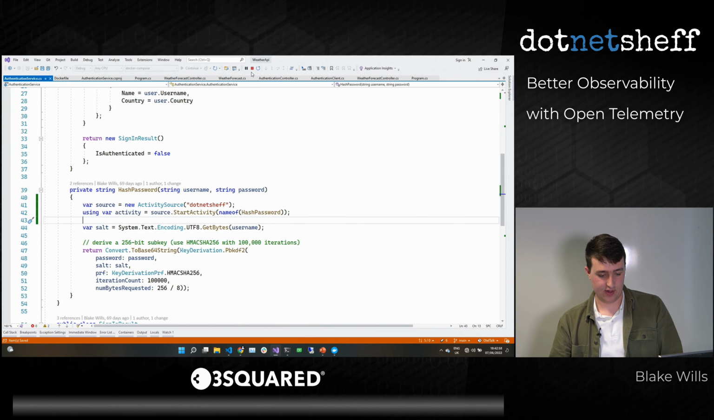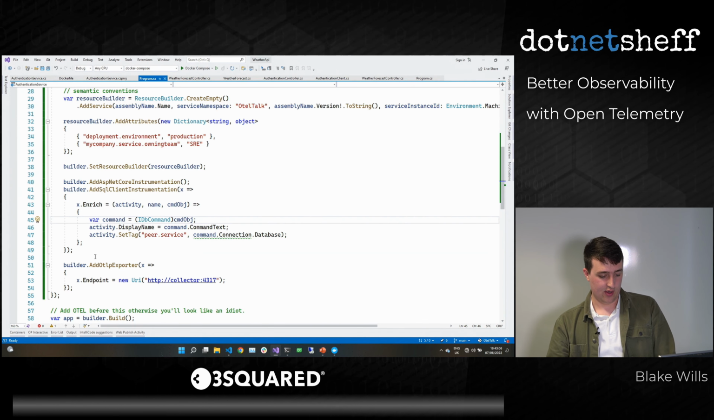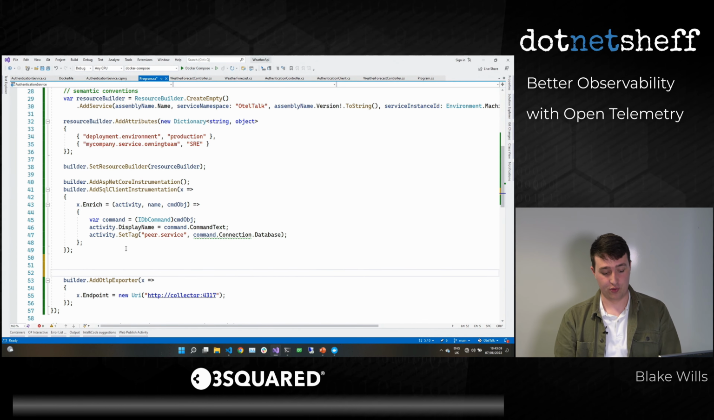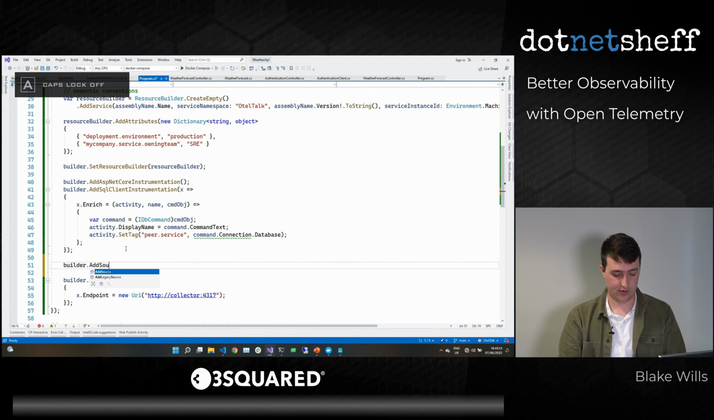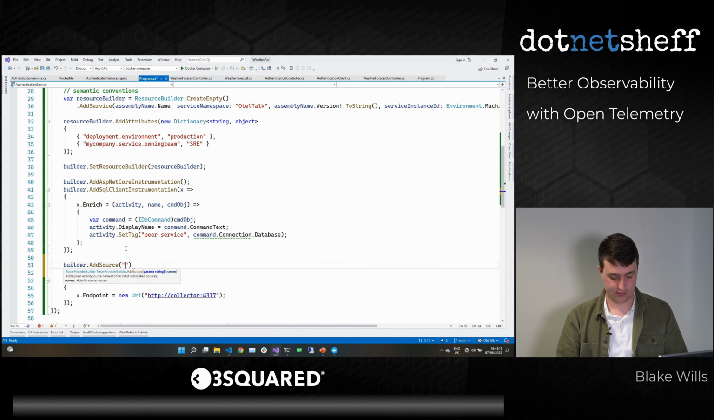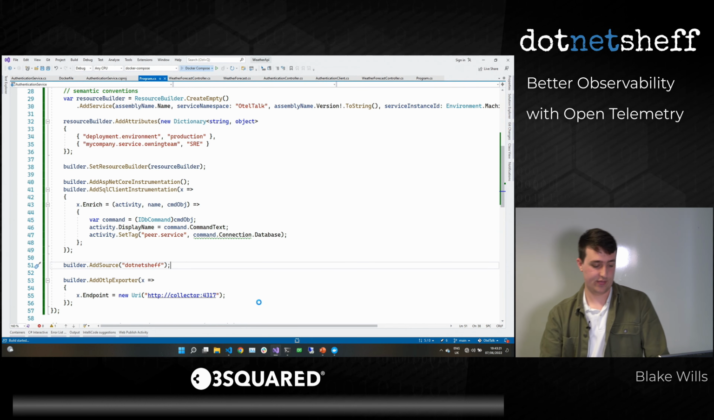Cool. And then if we register this, it's called dotnetsheff. If I go to my program.cs file, I can register my own custom instrumentation just using builder.addSource. Nice. And so if I run that now,